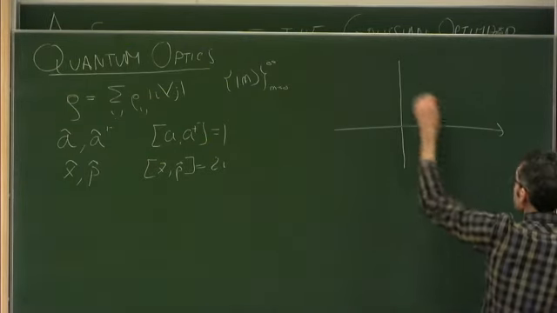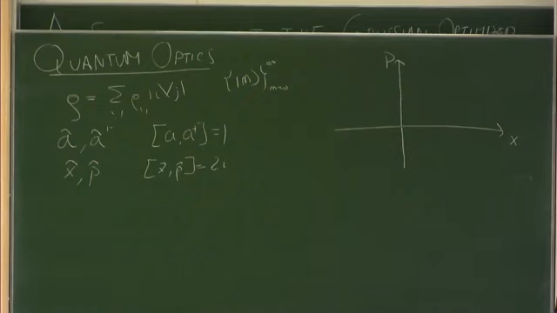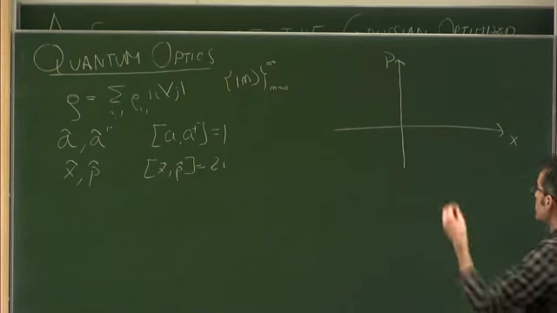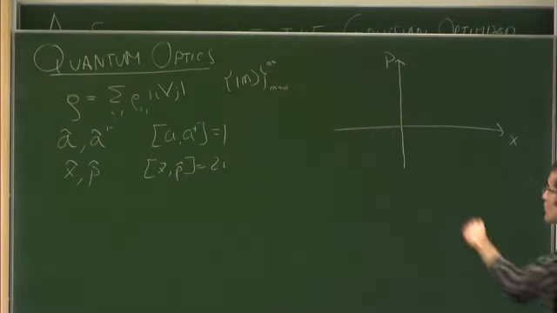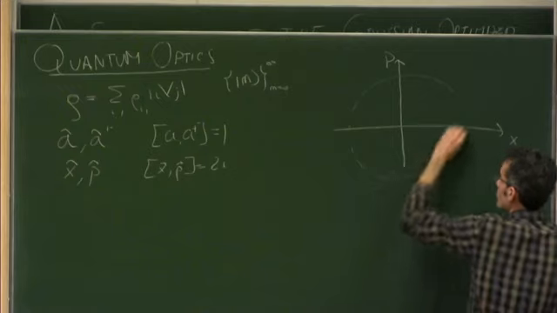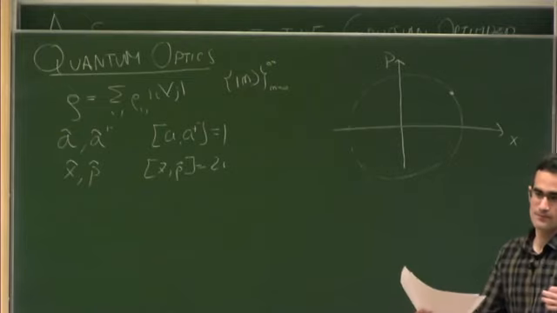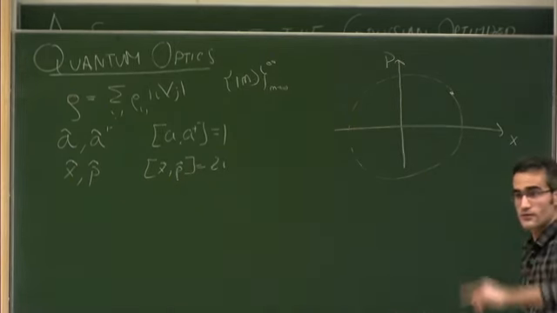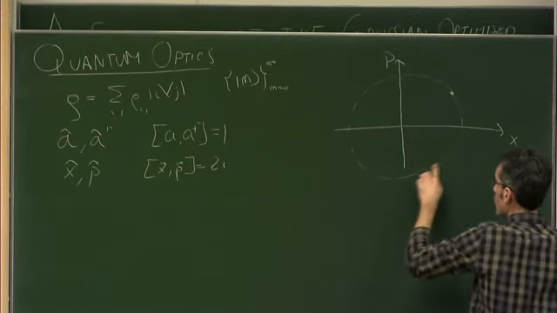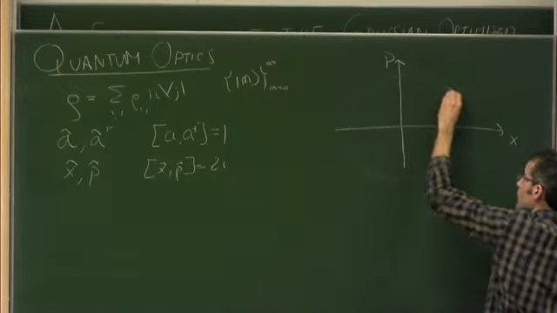Something important here is that we define what is called a phase space, which is kind of the same as in classical mechanics, where you have position and momentum. For example, an oscillator in classical mechanics will be a point that is just moving around a circle. But you could also see it in the reference frame of the oscillator itself, and then the state will be a point.